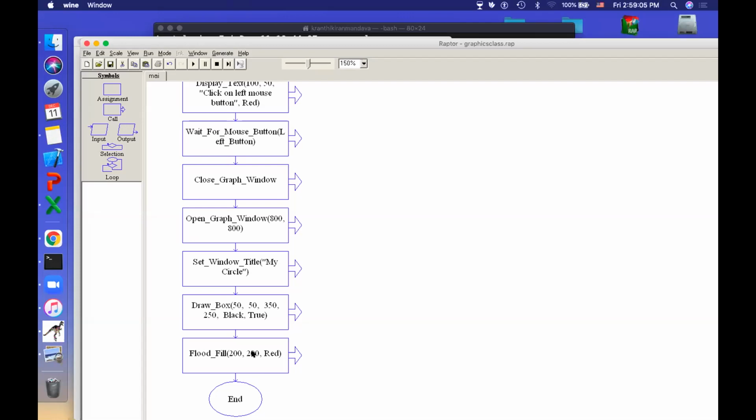Let us say the box border is in black color. That means there are some pixels that are colored black, so it appears like a box. So even if you try to fill one pixel with red color in flood fill, it will occupy all the pixels until it finds some other color pixel which is stopping it. Okay, did you understand? That's how flood fill works.